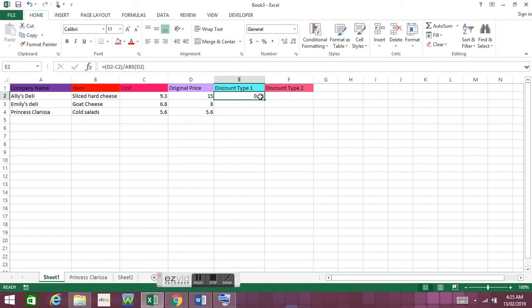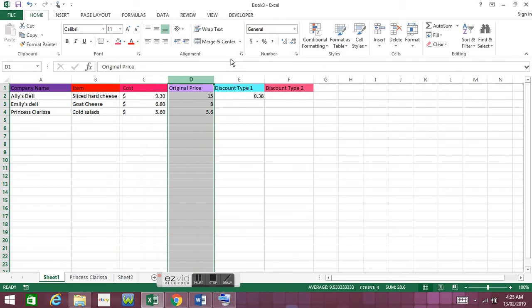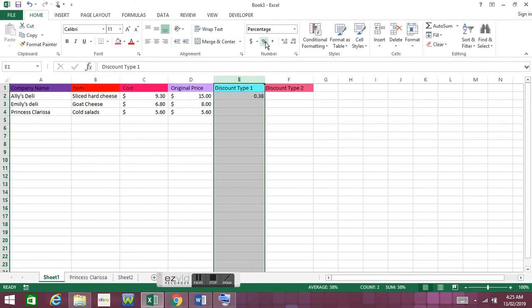And then you just hit the enter button and it will come up with a decimal place. Now, like I said with changing these to dollar values by just clicking that little dollar symbol at the top, you can also click the little percentage symbol and it will tell you that you gave that customer a 38%